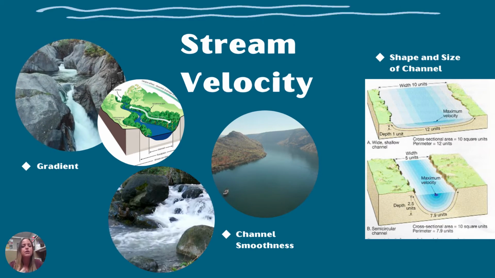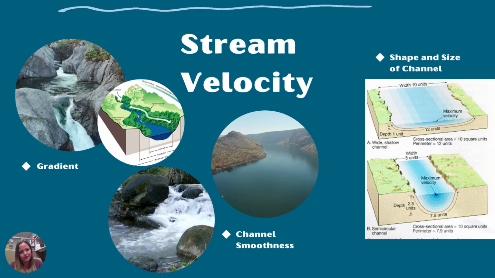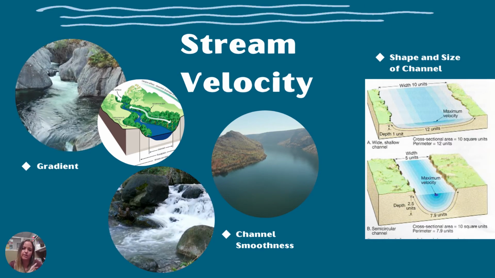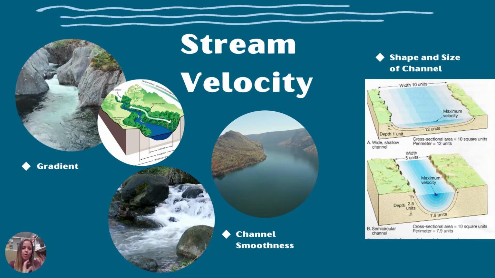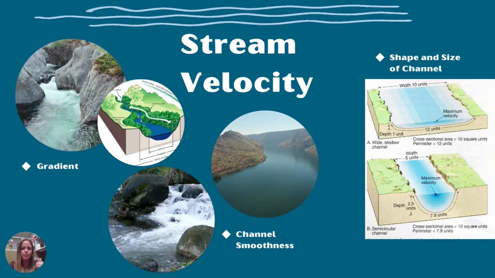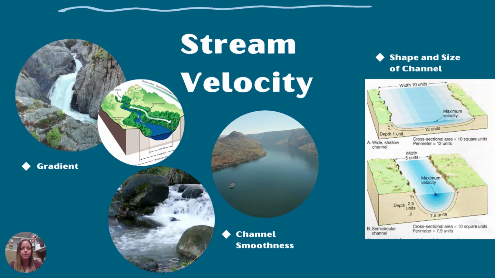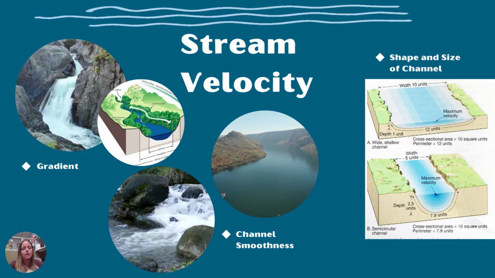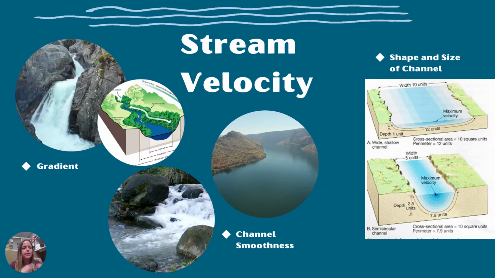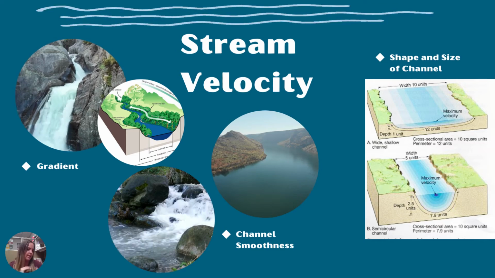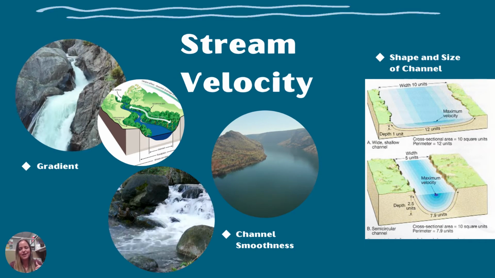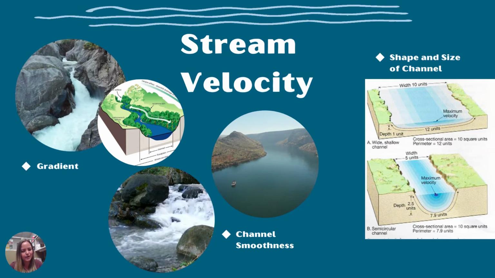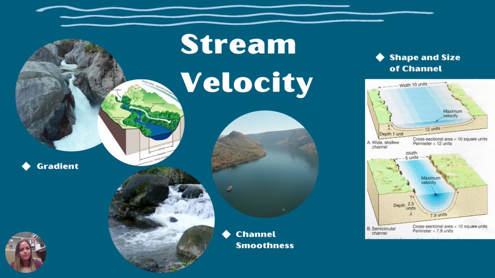Channel smoothness. So the smoother the channel, the faster the water technically can flow. Now the problem here is a lot of the time the channels that are high up in the mountains are very coarse, and there's a lot of big boulders that the water has to move over, and it does look like the water's moving faster, but it's really the gradient that's controlling that there. Whereas when you get down into a valley, the water can technically move faster because the channel is smoother, but it is not a high gradient there, so the gradient is low, so the water slows down a little bit. But technically, if we had a steep slope but a smoother channel, it's going to move faster than a rougher channel.